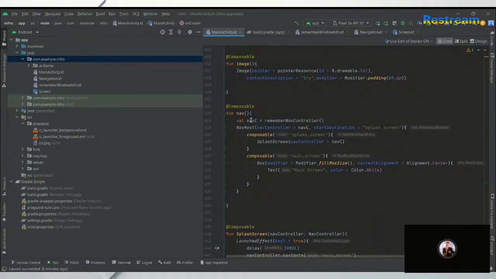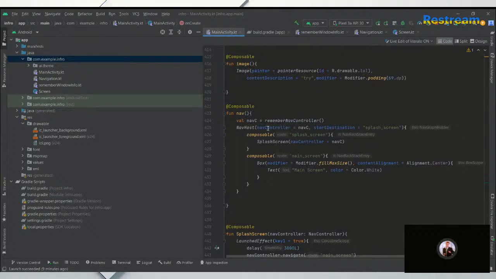This time we need a starting page, which will have our logo and background, whatever you want. And after a certain delay and some function, it should navigate to our main home page. Again, we have made a navigation host with a navigation controller